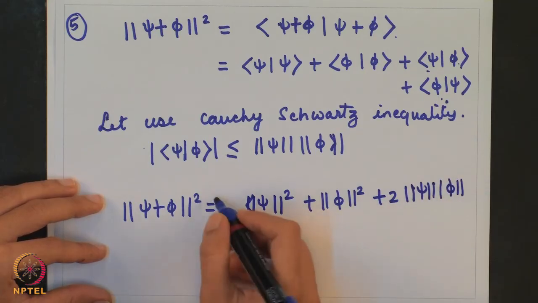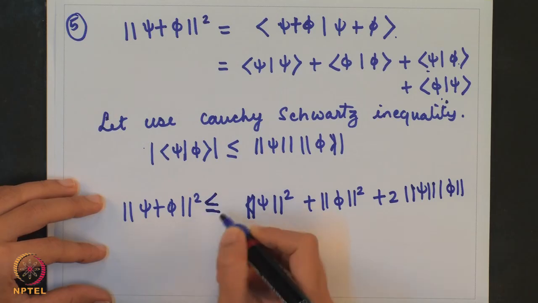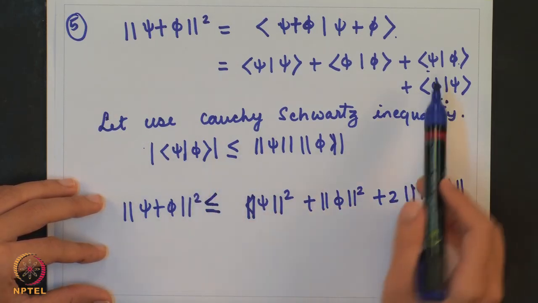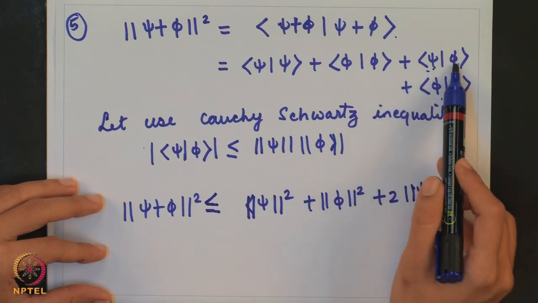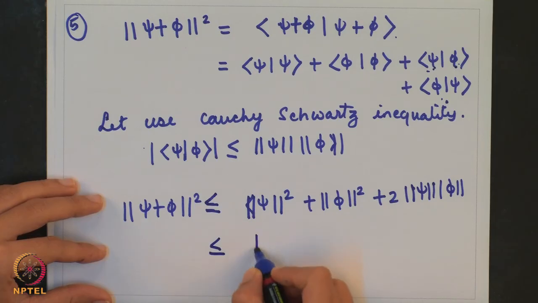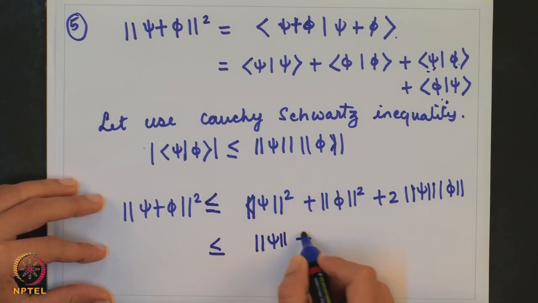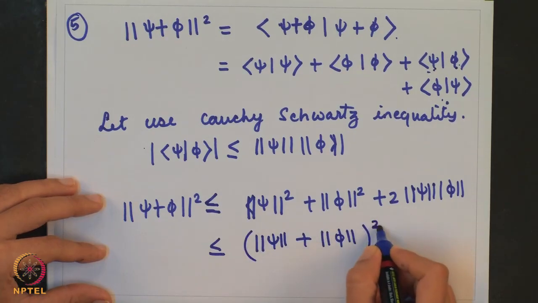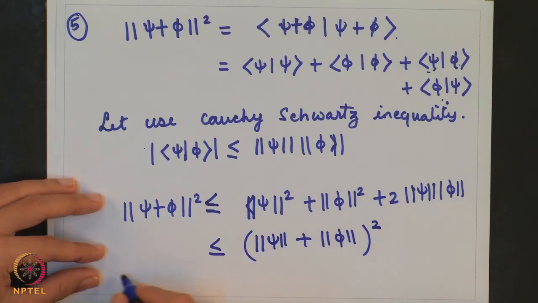When I am doing this, this will be less than or equal to this, because I am substituting for the psi on phi and phi on psi. So, this will be nothing but norm of psi plus norm of phi the whole square,